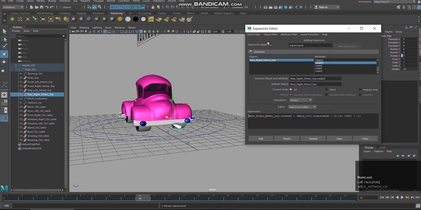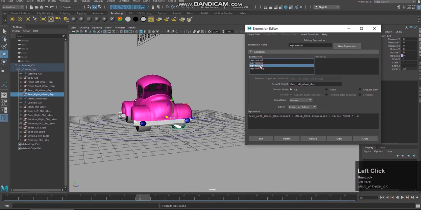Now we should give proper naming for all the expressions: front left, front right, rear left, rear right. We will copy it. Front left wheel.